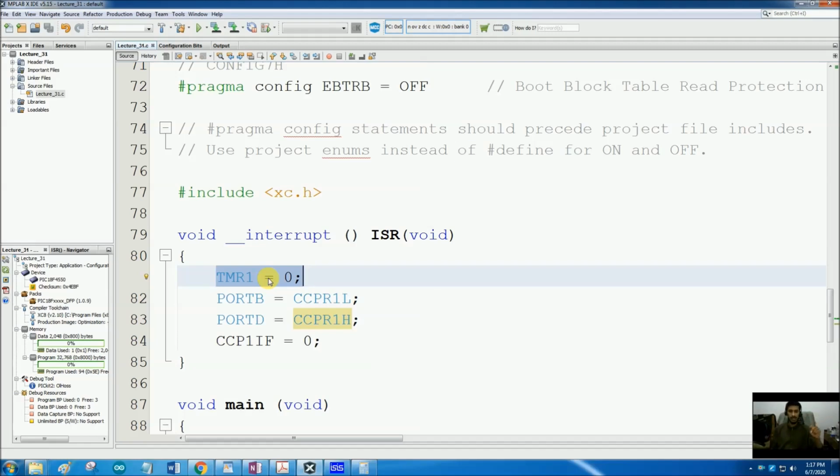If you go to any timer module, there are certain footnotes written in the data sheet, and those footnotes explain that while the timer is running and you try to write a value into the timer register, the value is written, but for the next 4, 5, 6 cycles the timer is not counting, to let the values stabilize and to let the clock synchronize again. So now we know how many exact cycles are being wasted in this method, 11 cycles. So these 11 cycles are fixed, they are constant.